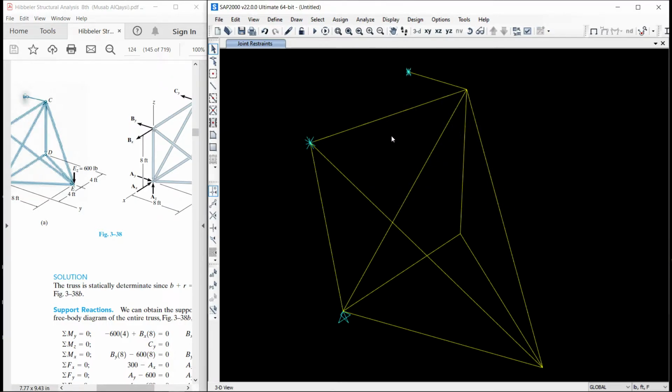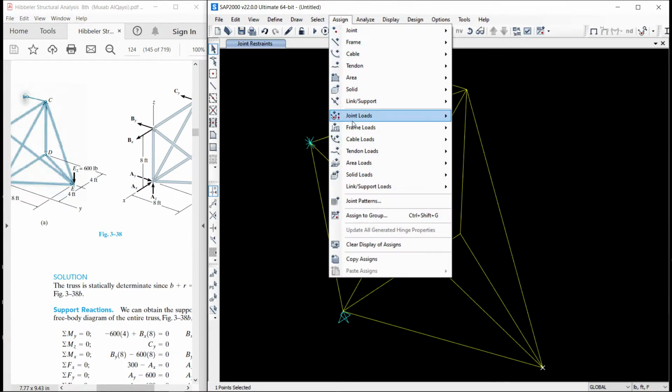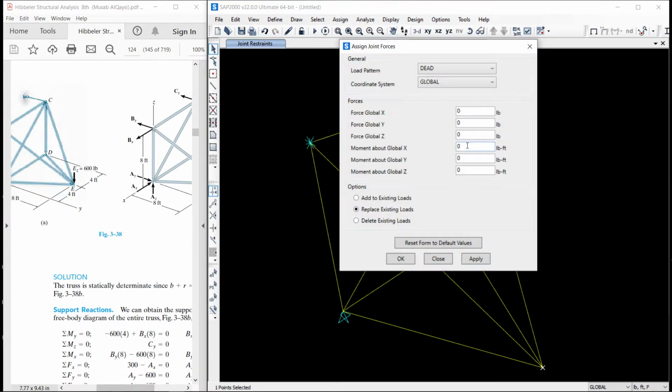Then we have to apply a force of 600 pounds at point E, assign joint load, 600 pounds, apply.